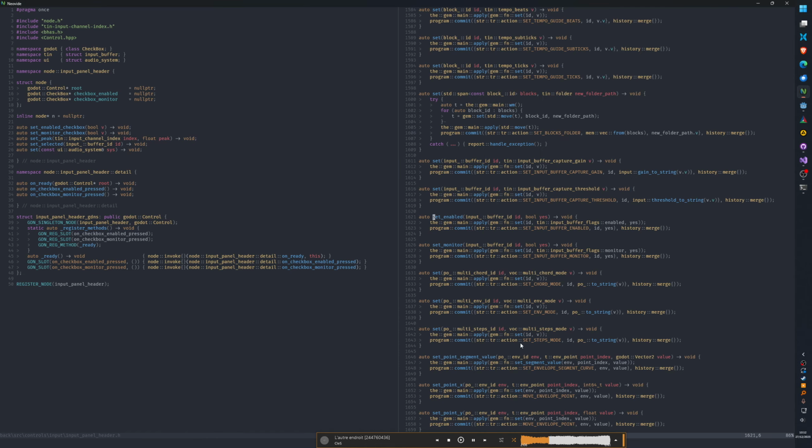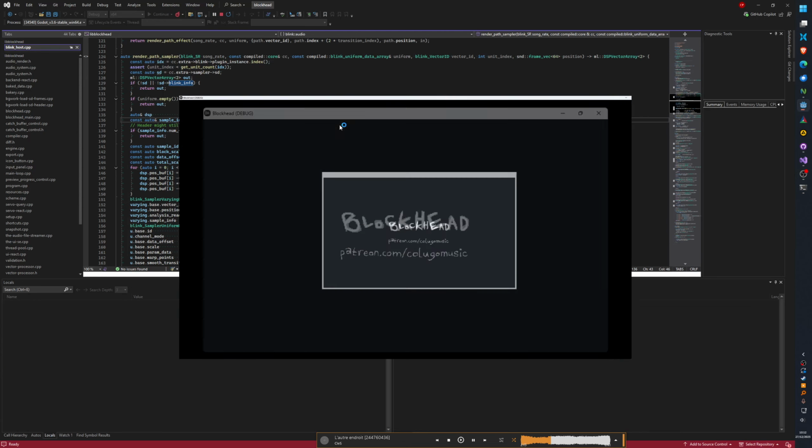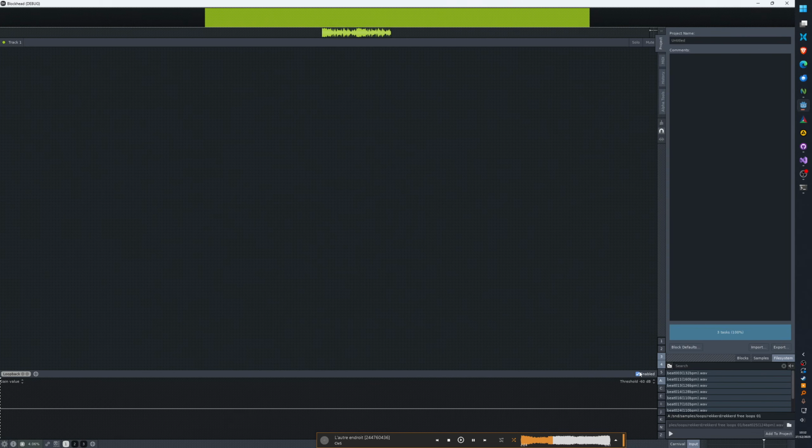So it just does this. Guess maybe it doesn't work. Yeah, it doesn't even work for loopback. Okay. It's creating an action. This -1 is a special ID that refers to the loopback buffer.